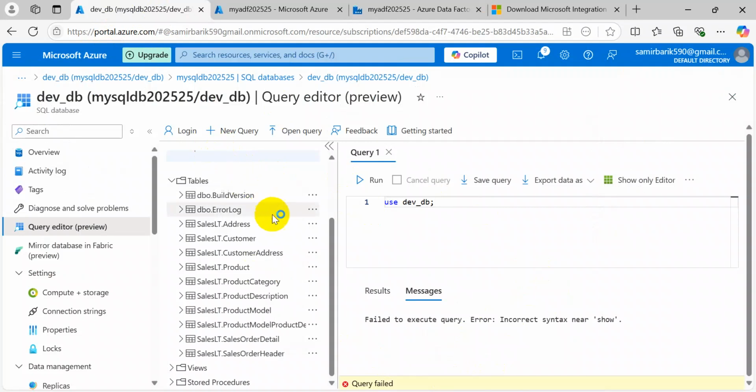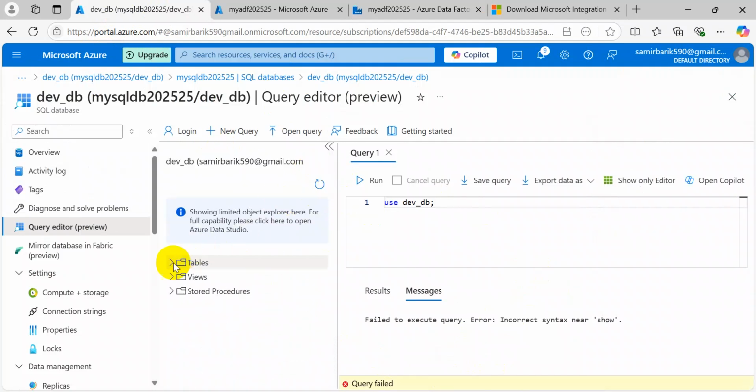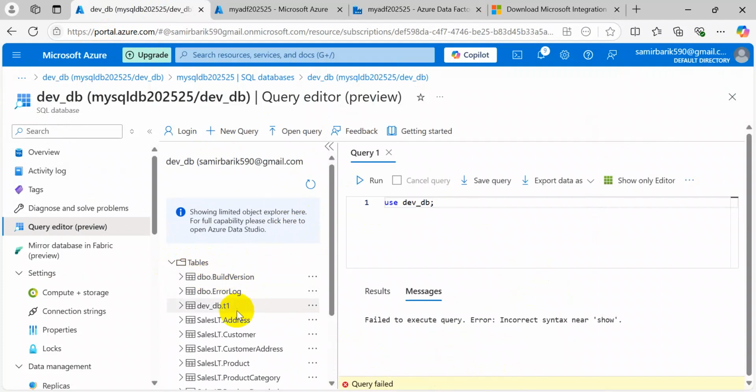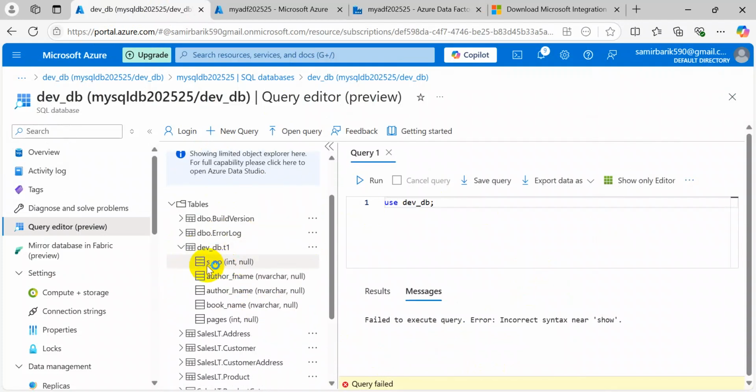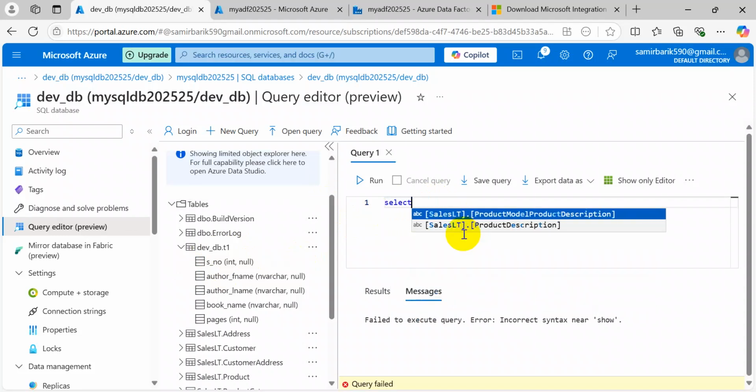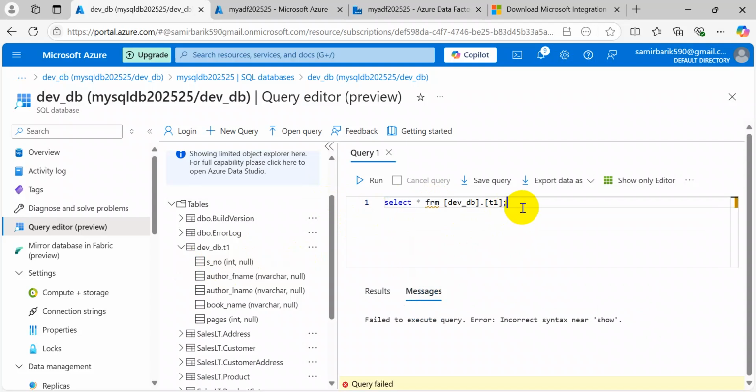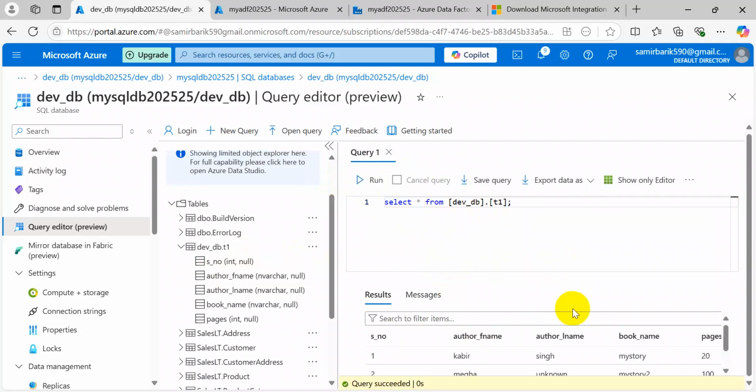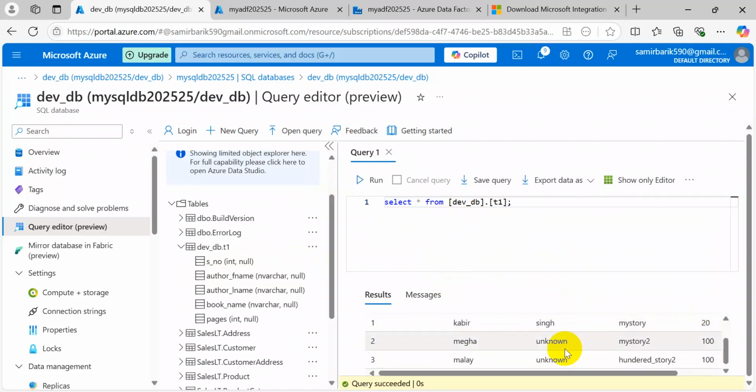Just let me refresh here. Yeah, you can see dev_db, our T1 table is created, and if you try to run select * from dev_db.T1, okay, let me run it. Sorry. Yeah, so we are able to